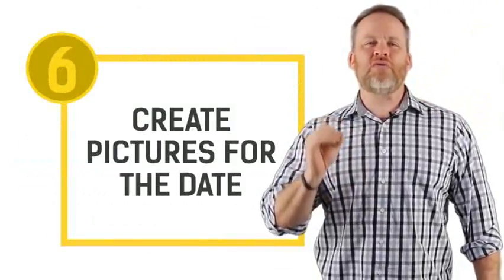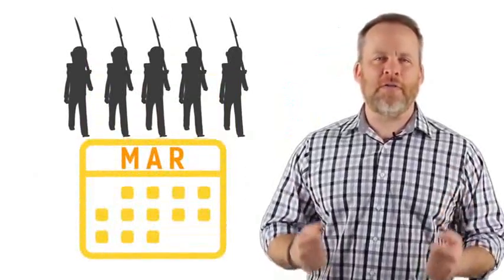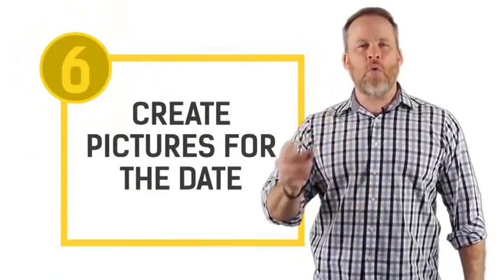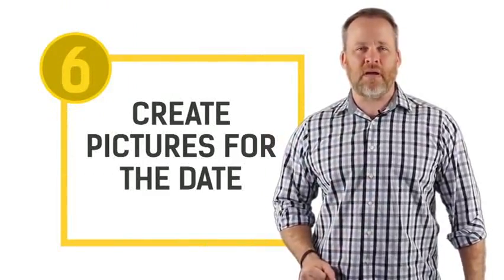If you want to remember dates, like you're reading a history book, there is an optional 6th step. To remember dates, you need to create pictures for the date. For example, maybe you use a Cupid for Valentine's Day, for February. For March, you might use soldiers marching to remember the month of March. April showers to remember the month of April. So that's an optional 6th step, creating pictures for the months to remember important dates if you're reading a history book. So in recap,